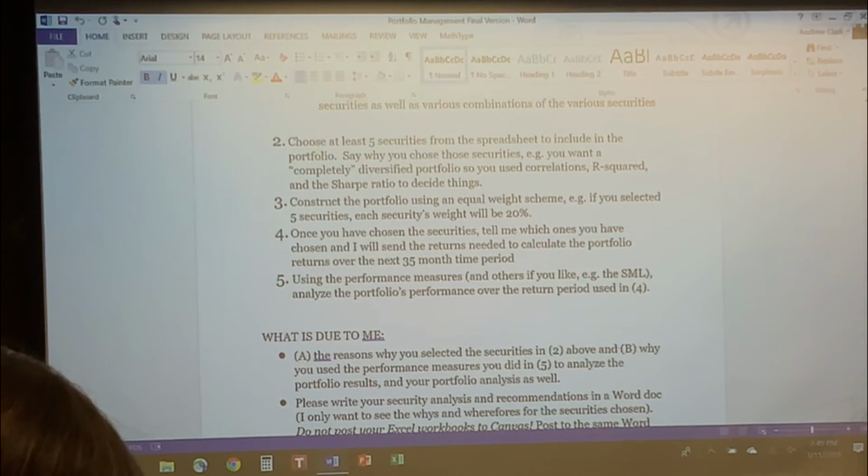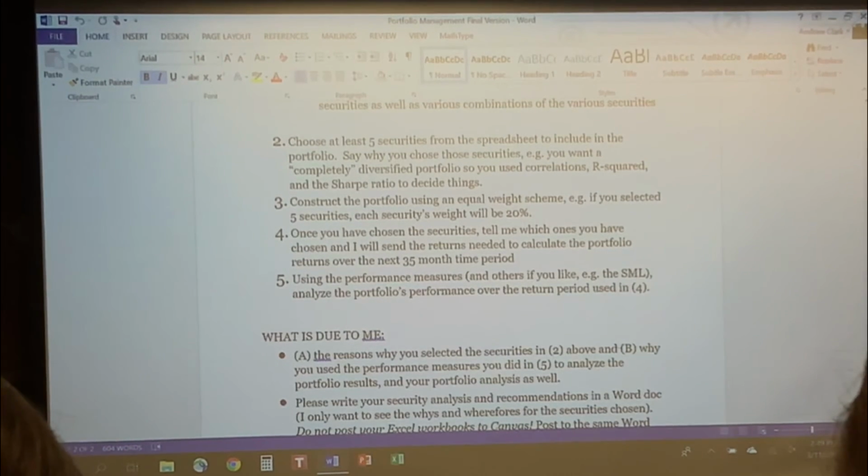Why am I choosing 35 months? Because for good statistical purposes, 35, 36 months is good enough to be able to trust the statistics that are going to get churned out, p-values, r-squareds, and things like that. Use the performance measures, and others, if you want to do the SML, I'll certainly send you the values for it, the inputs. Analyze the performance over the return period,